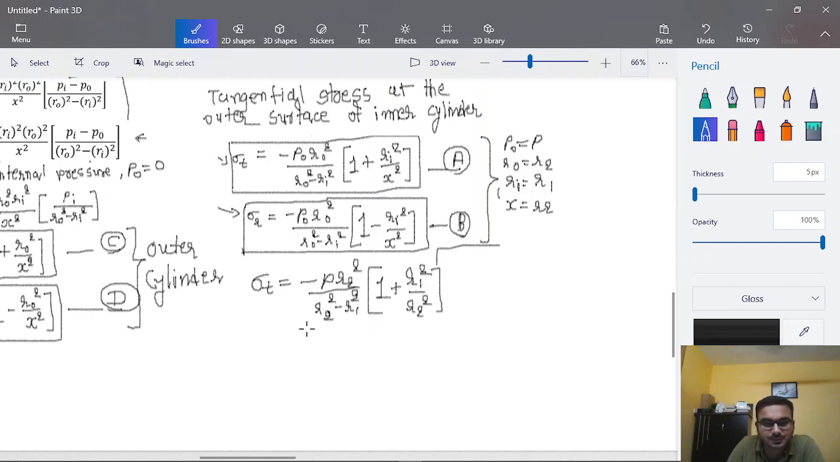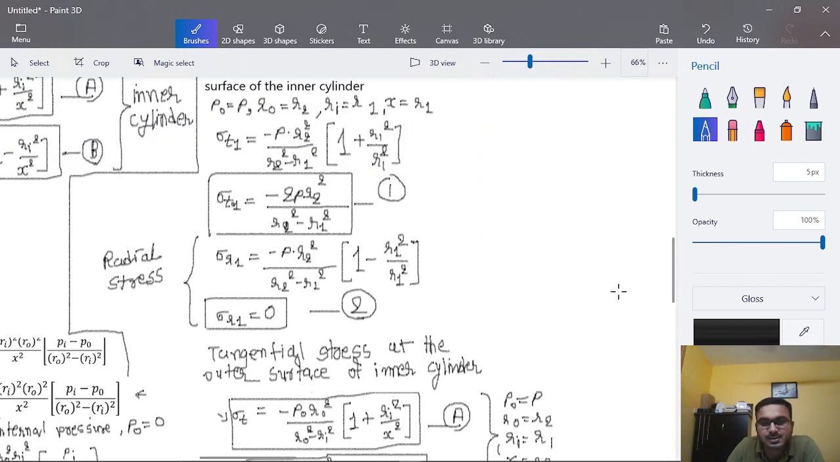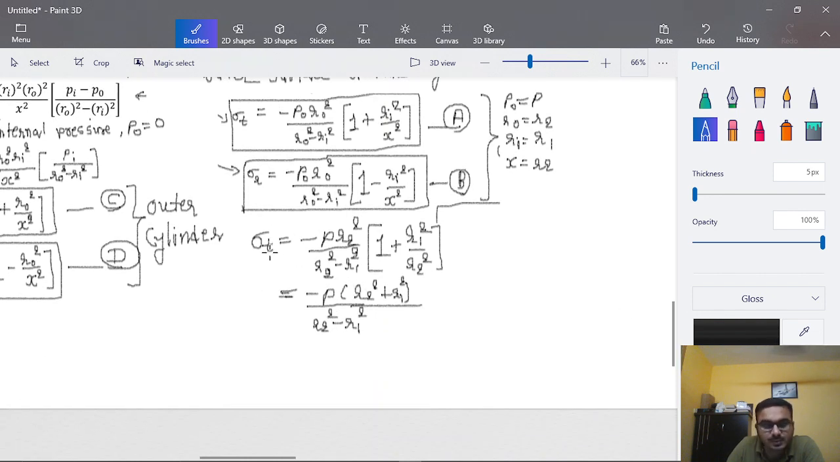So what we will get here is equal to minus p upon r2 square minus r1 square into r2 square plus r1 square. I forgot to give different names here. I have given it sigma t1 and sigma r1. Here this will be sigma t2. So this will be our third equation,